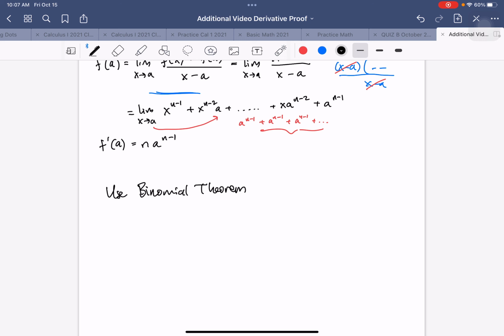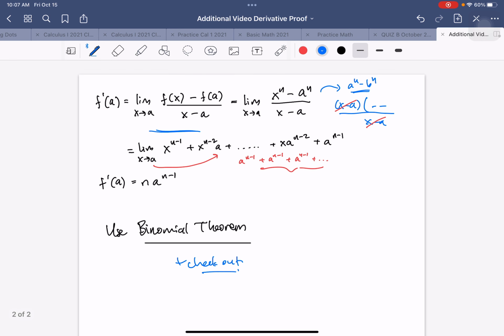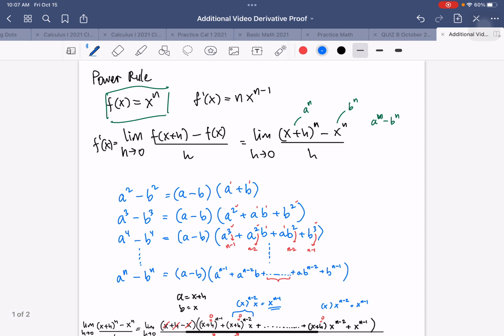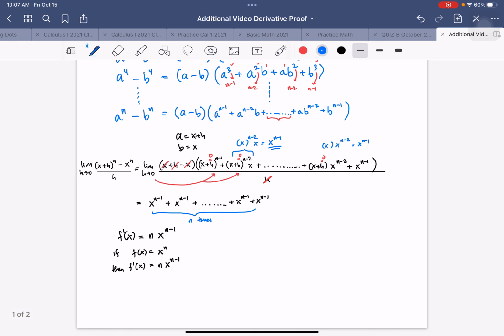I rarely use the binomial theorem because it is not widely used. So yes, you can check it out. Okay, but I think with this theorem here, with this limit definition, we already have some proof. Okay, I think that will be the end of the